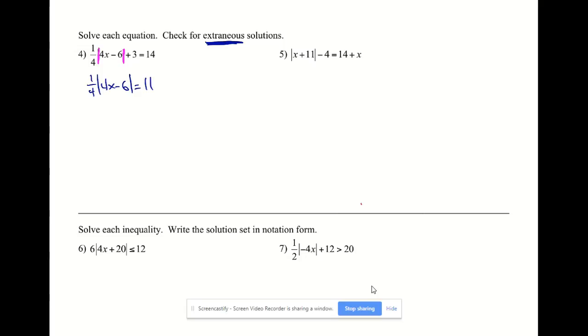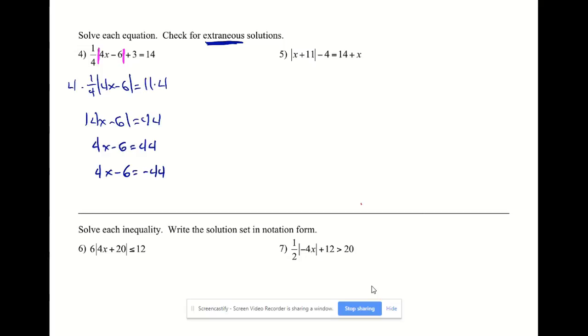Now to get rid of the 1/4, the divide by 1/4 is the same thing as multiplying by 4. So we have absolute value of 4x minus 6 equals 44. Now, the absolute value expression is isolated, so we can drop the bars and write our two equations. Our first equation, 4x minus 6 equals 44. And our second equation, 4x minus 6 equals